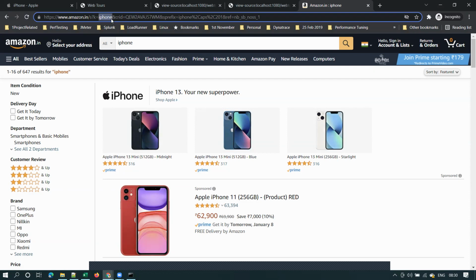Different key value pairs are separated by an ampersand in the query string. Whatever is there after a question mark is called a query string. Clear, guys? We searched for iPhone, and that is how your request is going to the server, as a key value pair in a query string. Clear, guys?